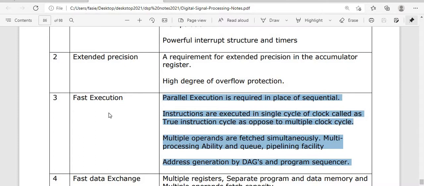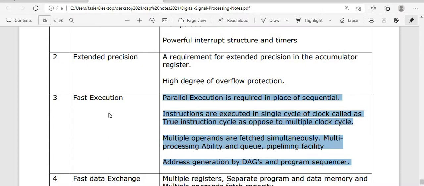Next part is about multiple operands being fetched simultaneously for multi-processing ability and for queue and pipelining facility. For both these kinds of facilities, it is also going to perform those instructions. Next thing is regarding address generation by DAGs and the program sequencer.